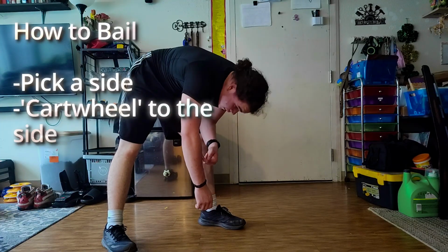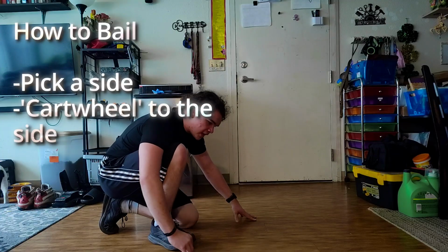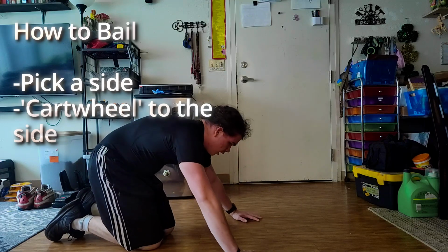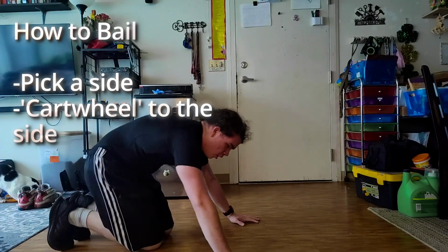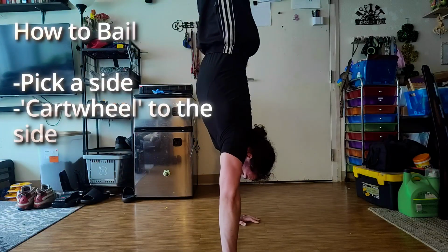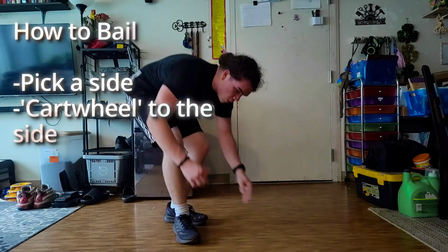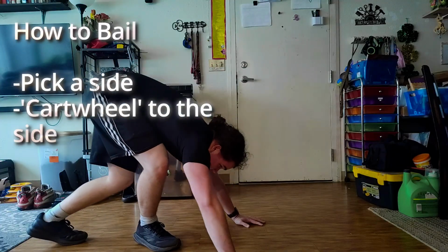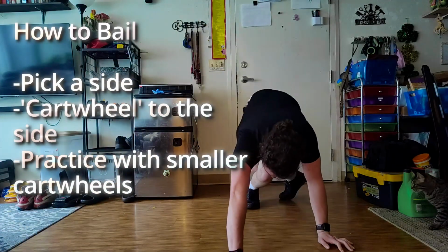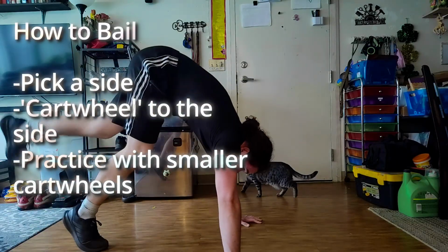yourself. It's not fun. You're probably not gonna know how to do this yet, and your fear of being upside down is probably going to prevent you from actually having the courage to kick up and then being, oh shit, and then falling over. So what you can do to practice is that you can practice with smaller, different cartwheels, slowly kicking higher